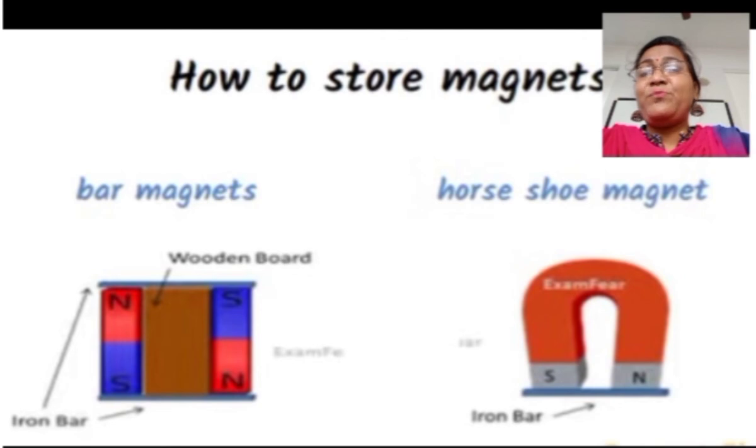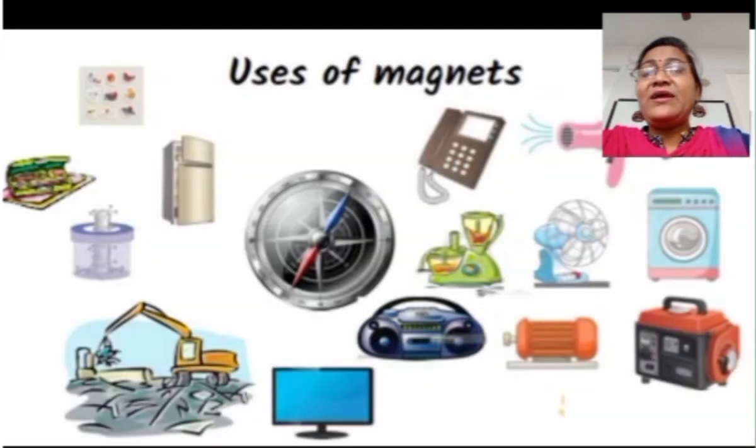Then we studied the different uses of magnets. Magnets are used for a large number of purposes. Some of the important uses of magnets are as follows. Magnets are used to hold objects like stickers, refrigerator doors, pencil box lids, pins, etc. Magnets are used to separate discarded iron and steel objects from other waste,